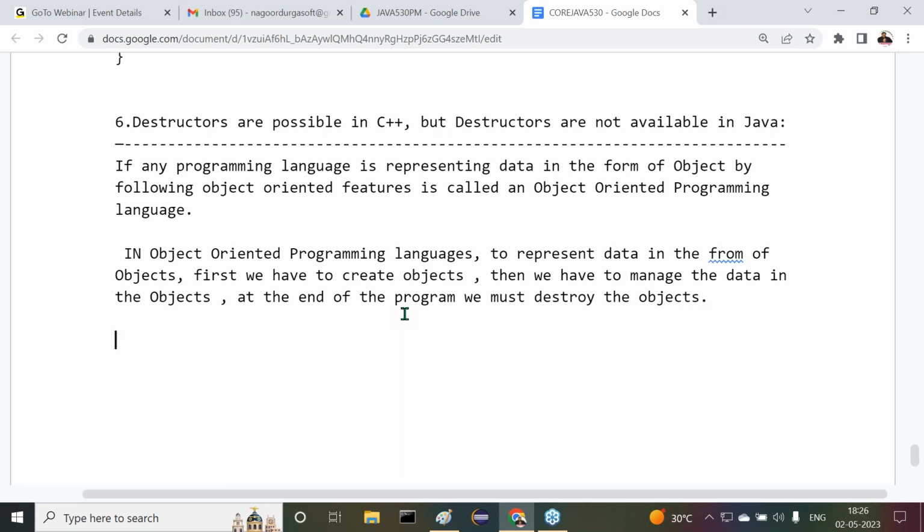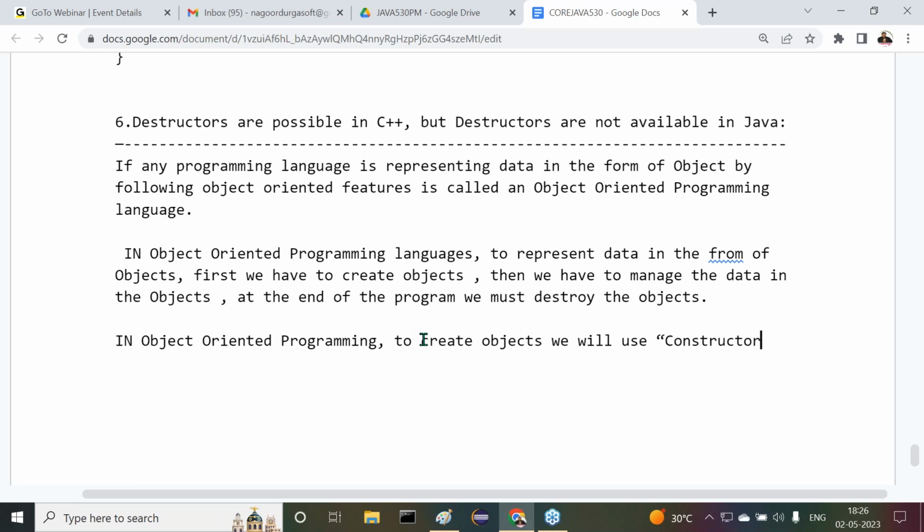Observe carefully. If you want to manage data in the form of objects, two operations are mandatory. What are the two operations? Creating objects, and at the end of the program, we have to destroy the objects. Observe carefully. In object oriented programming, to create objects, we will use constructors. Similarly, to destroy objects,